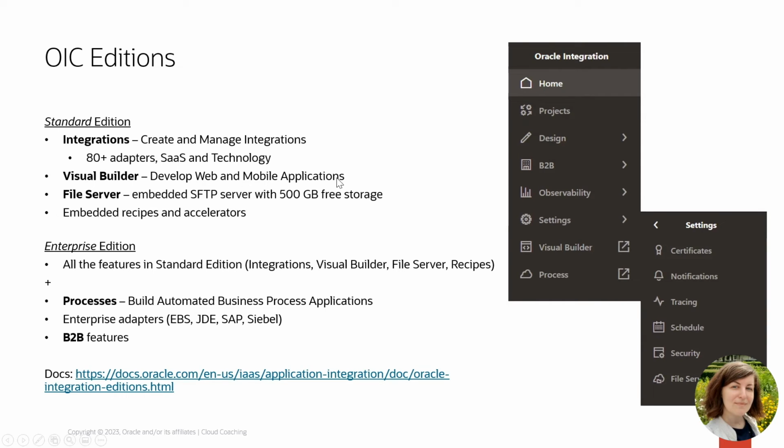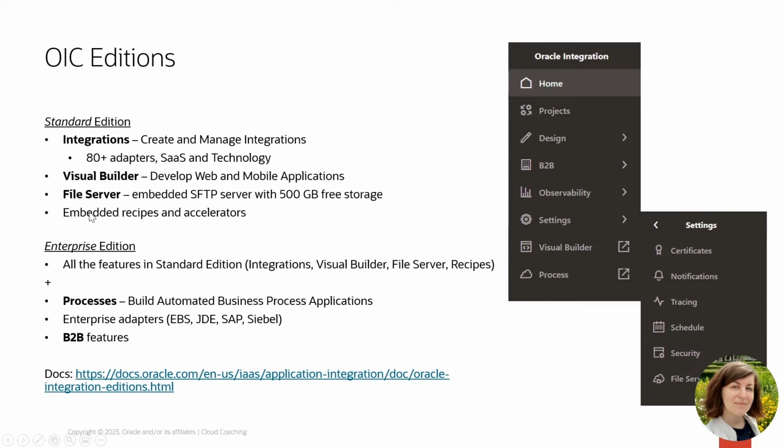You can use it to develop web and mobile applications, usually as extensions to integrations. File server is another capability included in standard edition. It's an embedded SFTP server with 500 gigabytes of free storage, which you can leverage in your integration flows with file transfers.